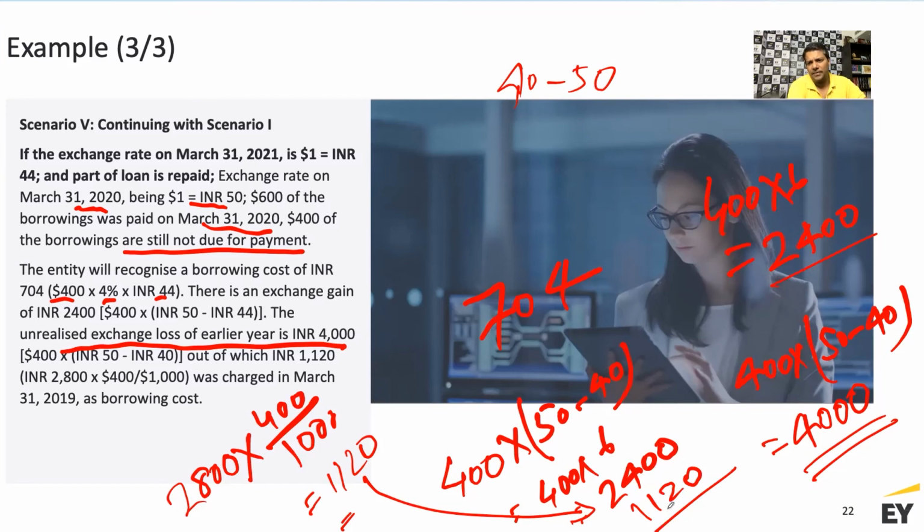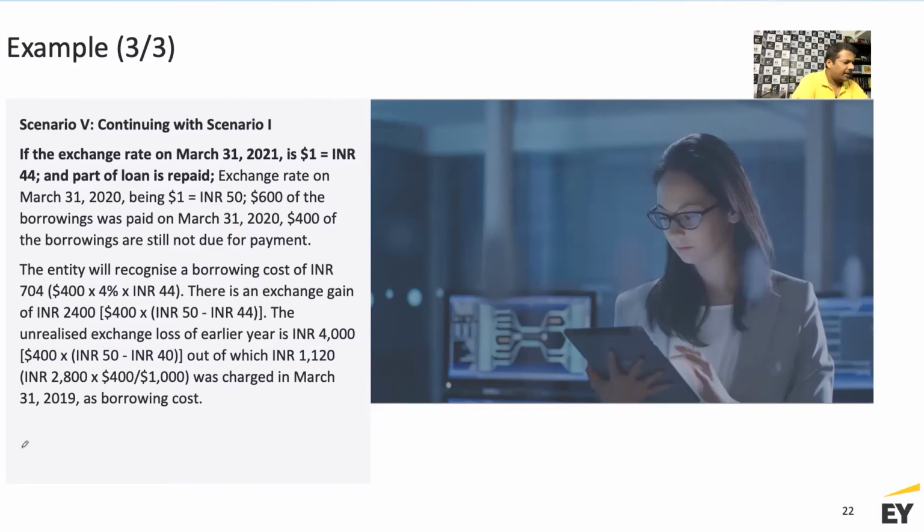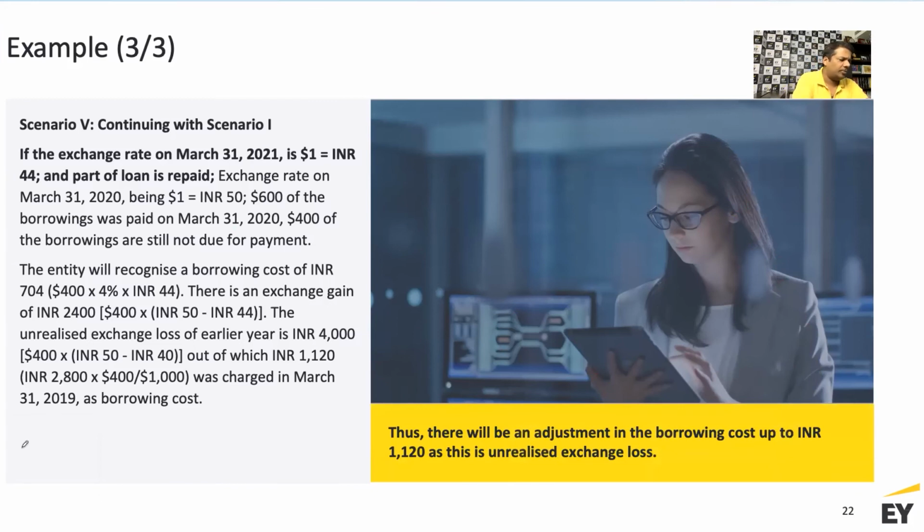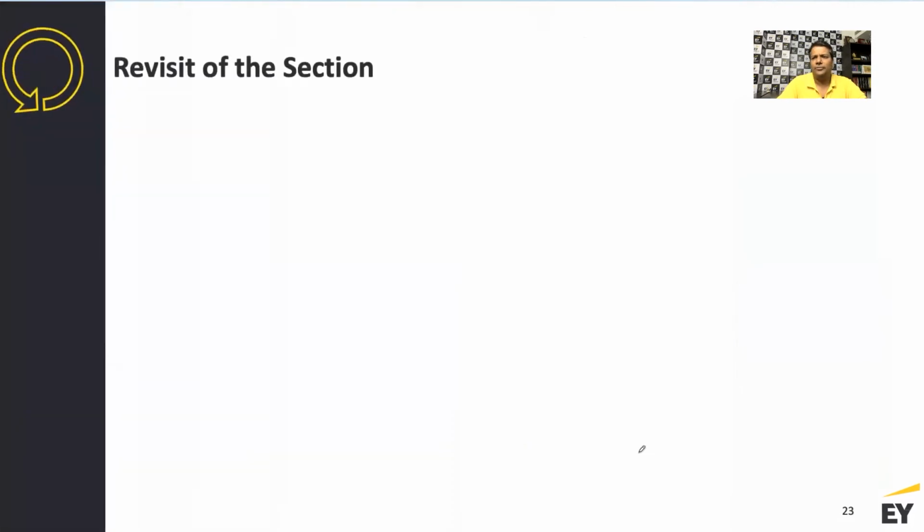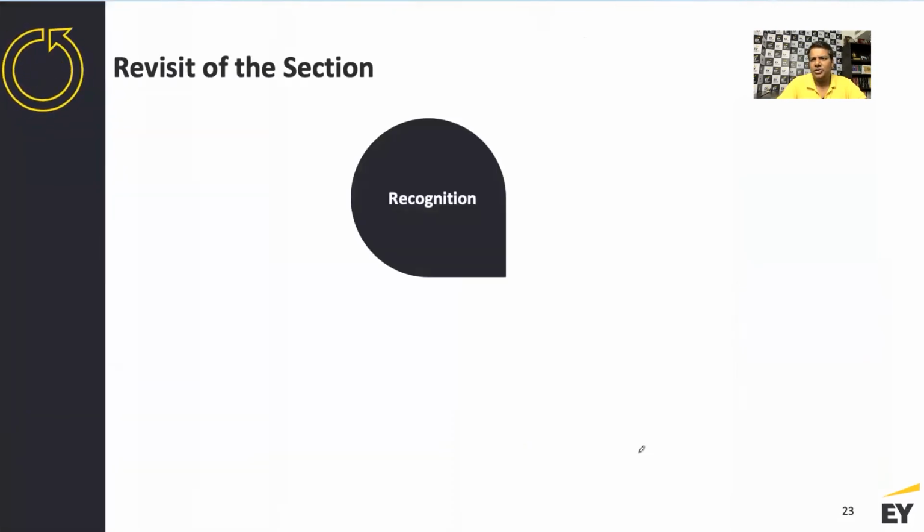All right, it's slightly complicated. But if you apply the whole principle at its simplicity, you will be able to get it right. So there will be an adjustment to the borrowing cost up to INR 1120, as this is unrealized exchange loss. All right. I hope this gives you a full perspective in relation to some of the concepts around